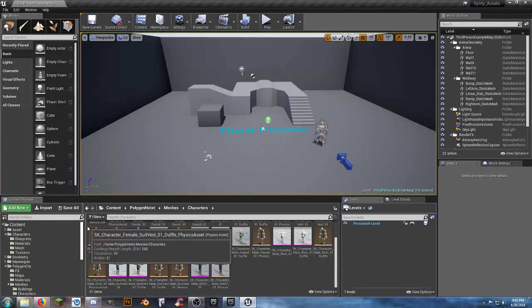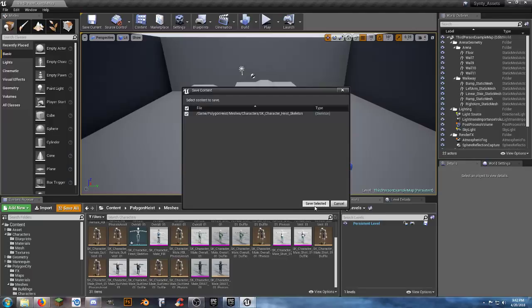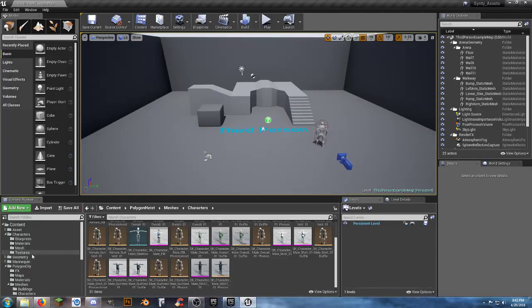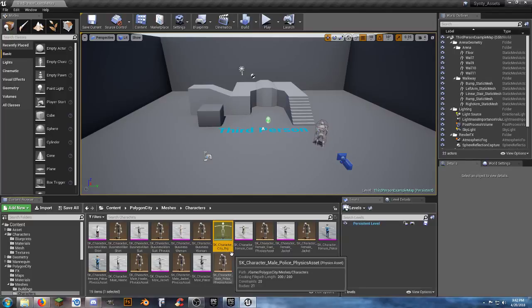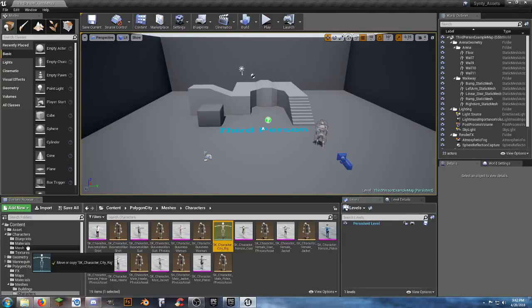But what I want to do is, let's go ahead and hit save all because it doesn't like that skeleton. I'm actually going to make my own skeleton. I'm going to go into the Polygon City, go into the characters folder. I'm going to grab the SK character city rig. That's the actual skeleton. And I'm going to left click and drag it over to the mesh